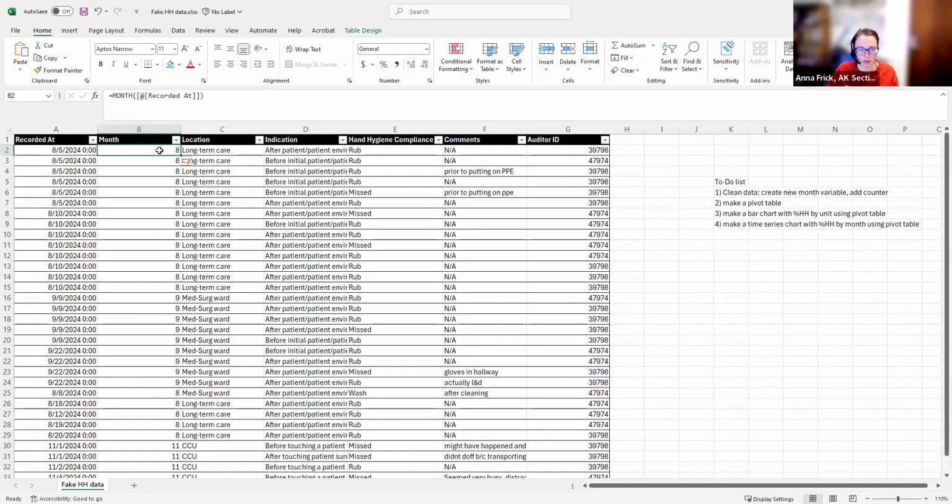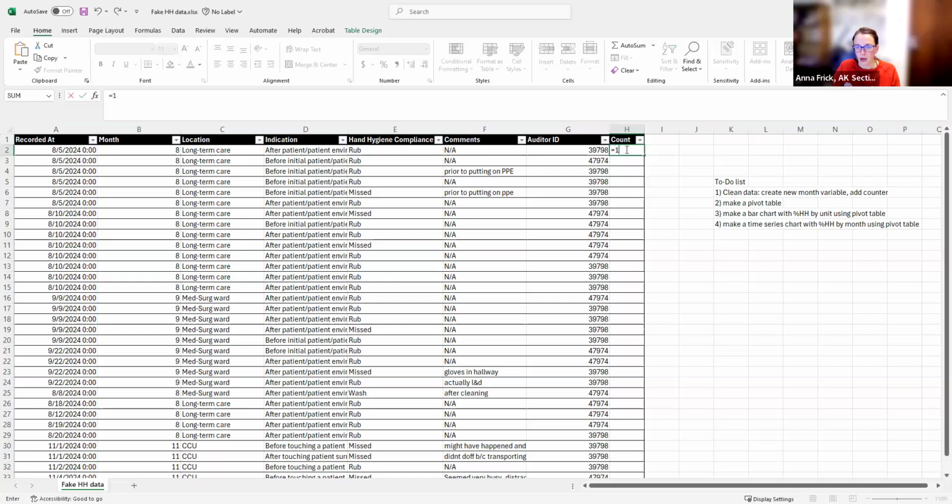Now I have a month variable. The other thing I'm going to do is add a variable that I call my count variable. And I clicked in here, and this one is formatted as general. That's good. I'm going to just add the formula here, equals 1. So when I do that, it will just fill in every cell in this column with the number 1. And the reason I do that is because it makes it a little easier for me to make Excel do some counting and averaging tasks later and for it to be more traceable.